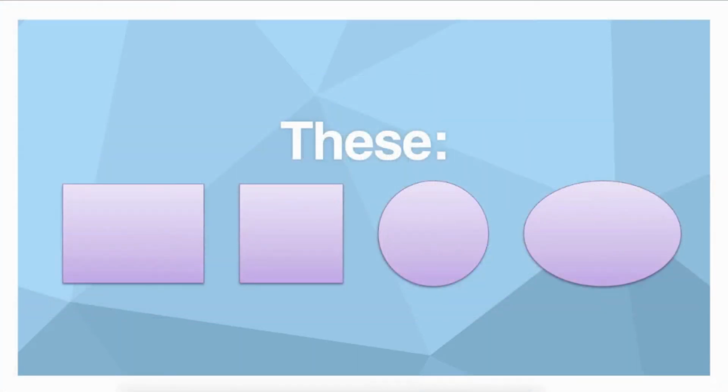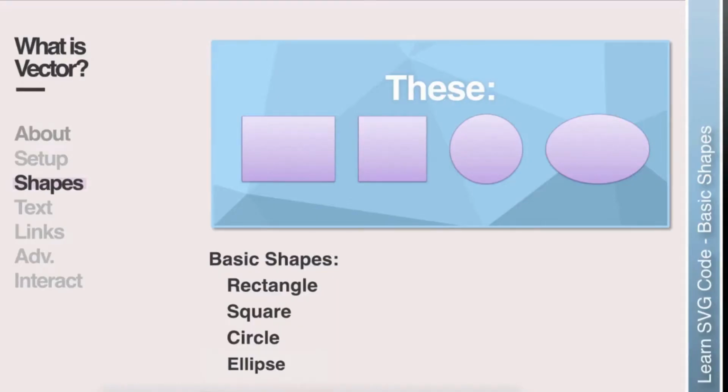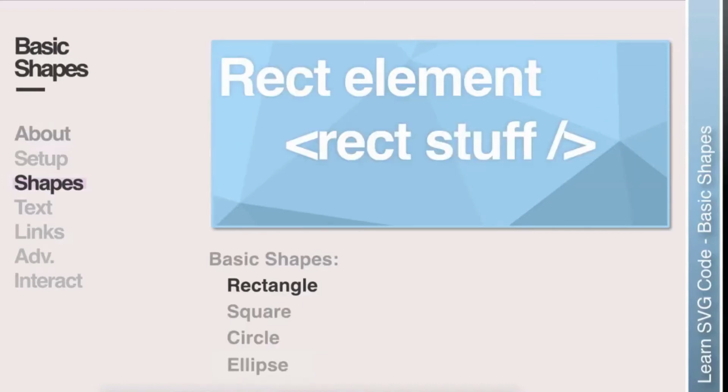There are 4 different shapes that we're going to cover in this video. So we've got a rectangle on the left, a square, a circle, and an ellipse. To create a rectangle, we use the rect element, R-E-C-T, and then we put some stuff in there,